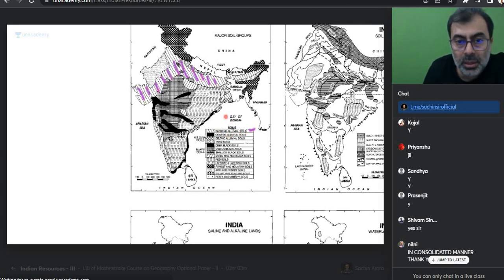Second one is coastal alluvial. Can you see coastal alluvial? Dark one. Coastal alluvial. Is everyone okay? Deltaic alluvial. Can you see deltaic alluvial? Delta view. Alluvial done. Next is